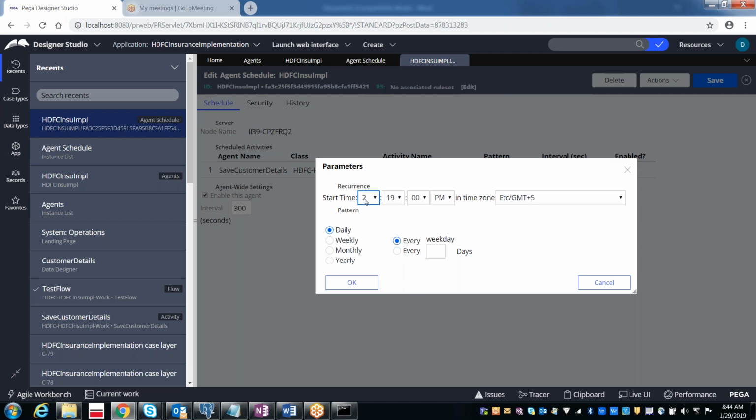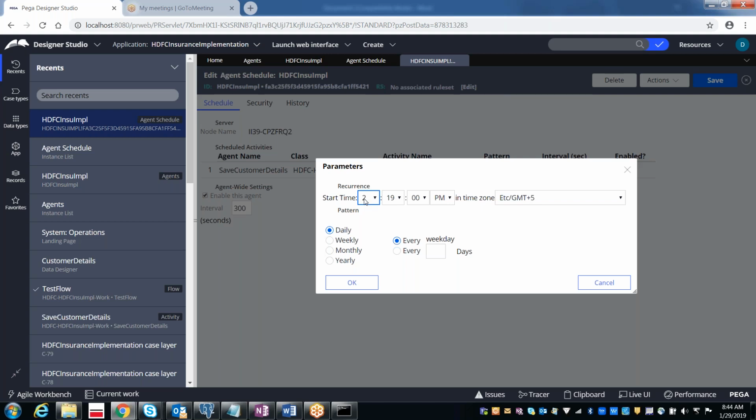As per the IST time zone, 12 o'clock midnight in Texas, in the US CST time zone, is nothing but 1:30 in the afternoon. So it is going to run in the afternoon of the CST time zone. And in New York, it will be 2:30 p.m. New York time, which is not the correct time to run the agent.